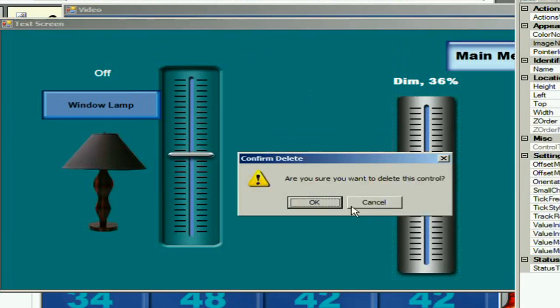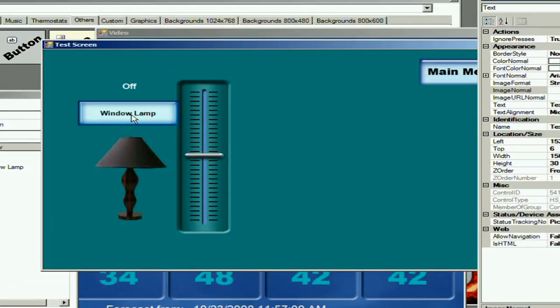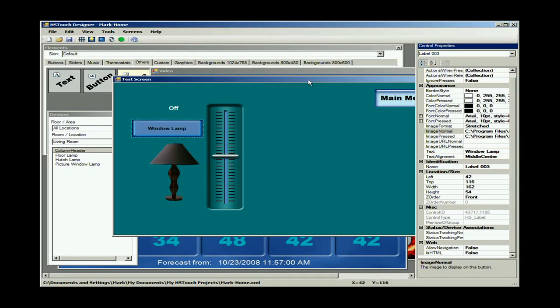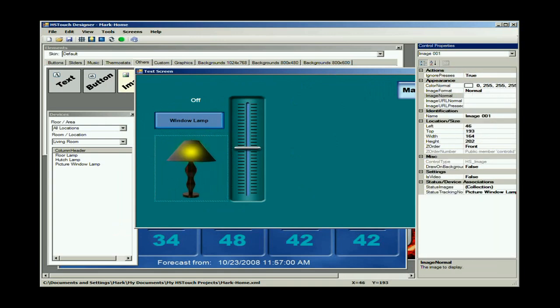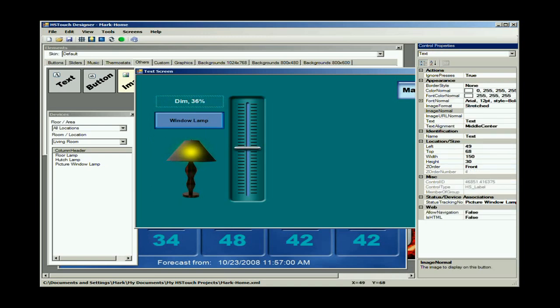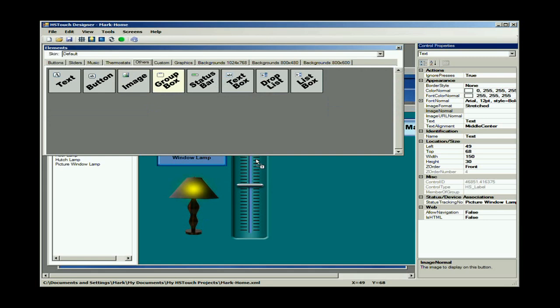Now, of course, everybody remembers the window lamp over here. I mentioned one of the things we can do early on in the features list is you can create a control group that's specific to a bunch of elements, and then you can define that control group or associate it to a specific device type. Now in this case, if I wanted to create a control group, and I haven't done this yet, all I've got to do is go back to my elements palette, drag in a group box,